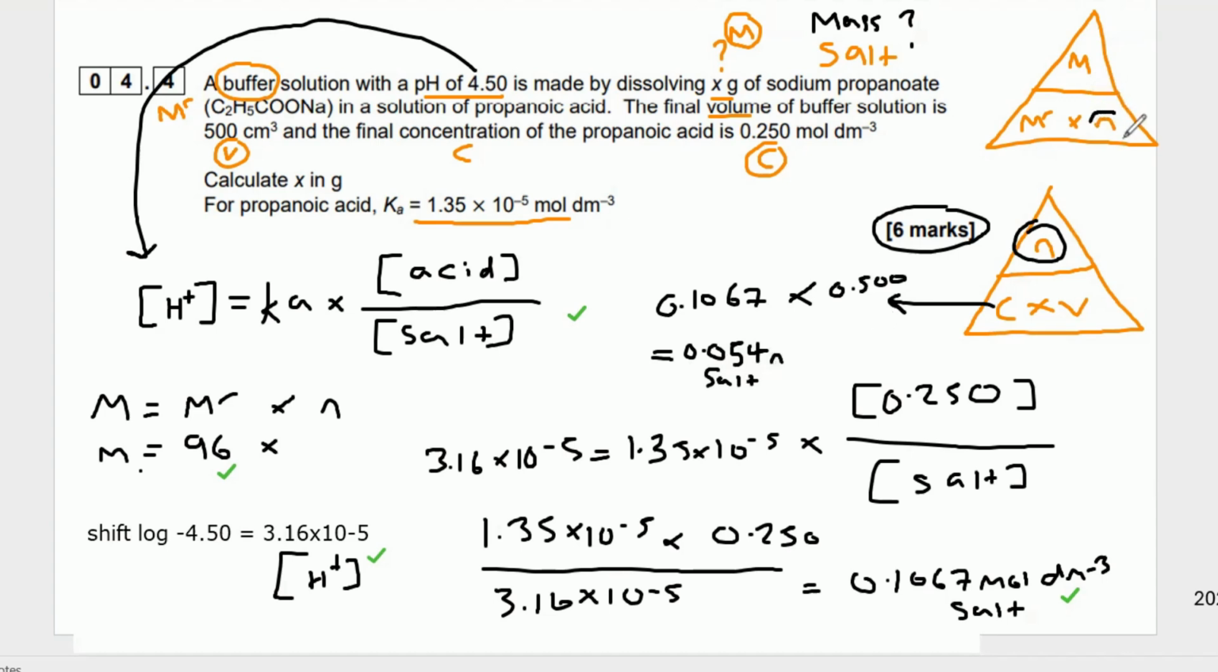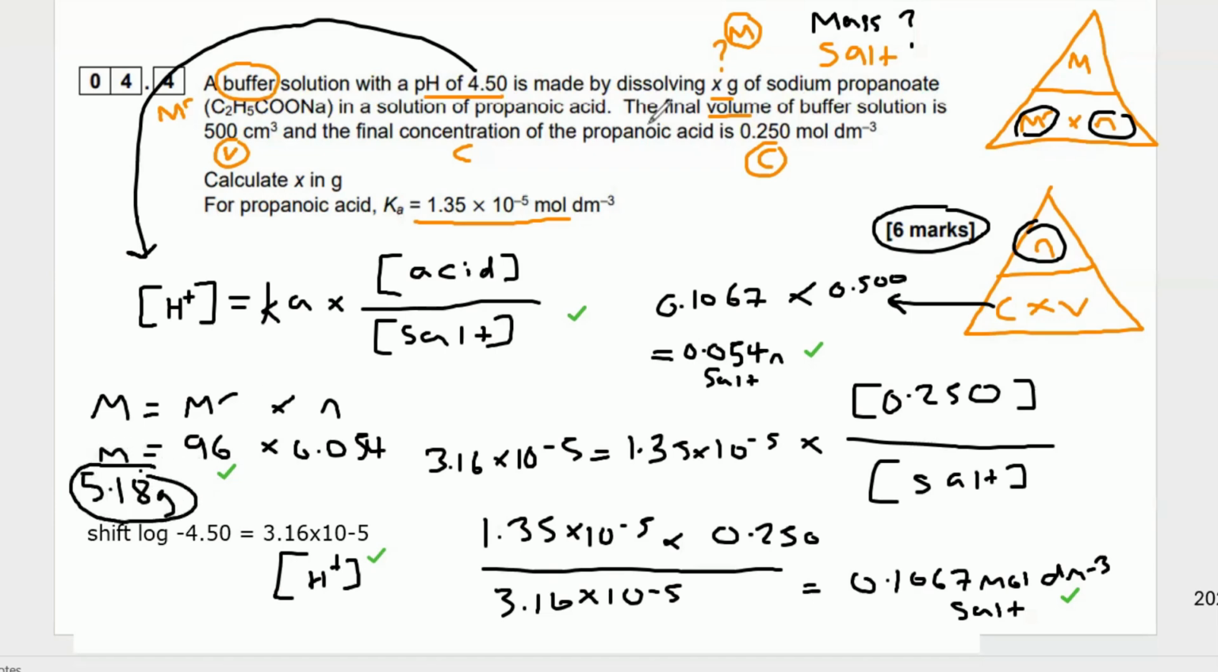Now I know my moles of salt, I can come up here and I can times my moles of salt by the MR of the salt. We already set this equation up over here. By the way, you'd have scored another mark over here for working out the moles of the salt. And then we're going to do this calculation here, 96 times 0.054, and we're going to get 5.184 grams or something like that. So your final answer is going to be 5.18